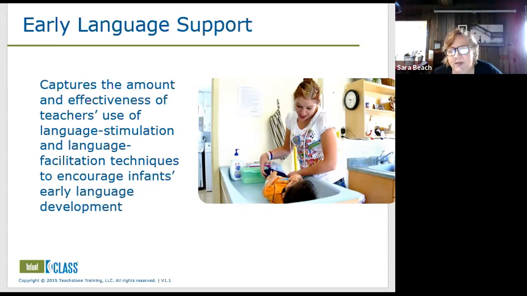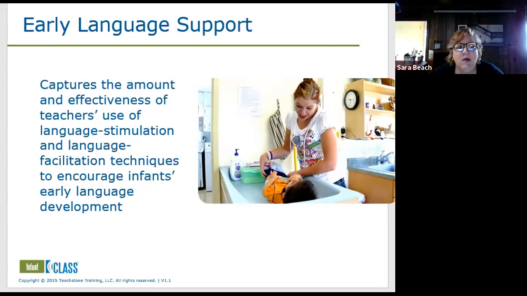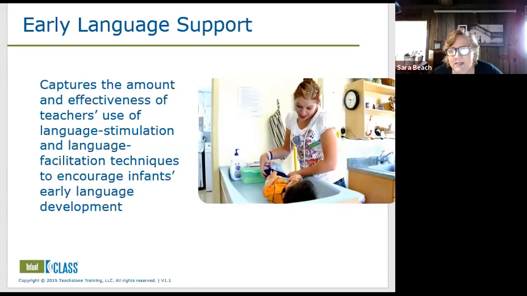So you may get a teacher that's doing a lot of talking, but not a lot of expanding, or a teacher that's doing a lot of initiating, like ba, ba, ba, ba, da, da, and imitating, but they're not doing a lot of complete sentences and actually talking to babies in conversational ways. And so they might be making a lot of noise, but they're not doing the full picture. And so all of the indicators matter in this tool. And ultimately, we want to see consistently high levels of all of them in order to score well.